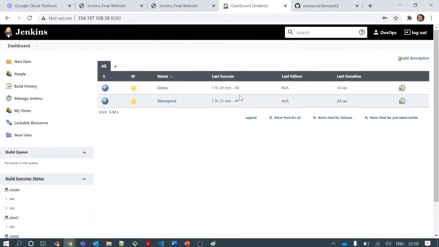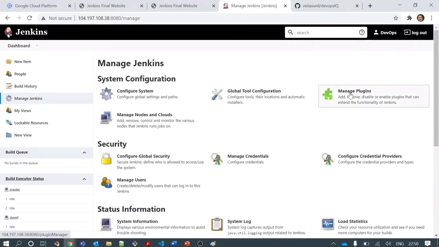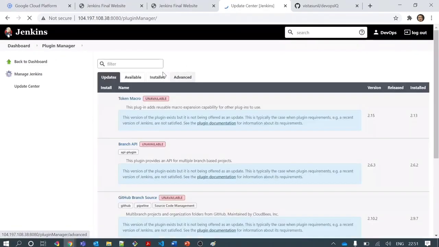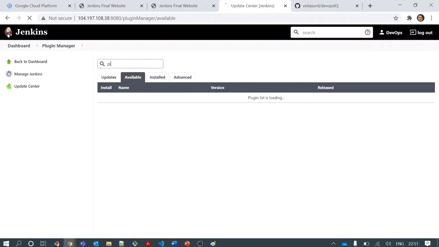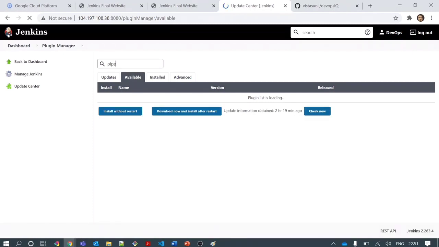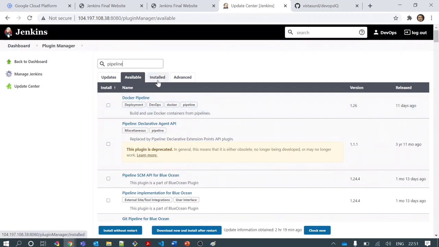Fine. So let's go here and try to install the plugin in Manage Jenkins. Go to Manage Plugins, and I will go to the available plugins that are available for download. I can search for any plugin. I can go to the list also, but if I remember the name of the plugin, I can type it in and search.